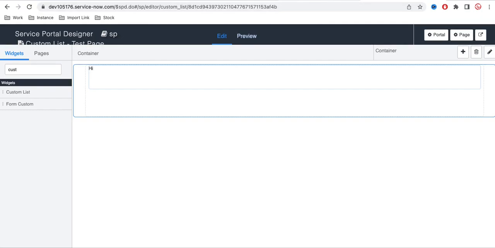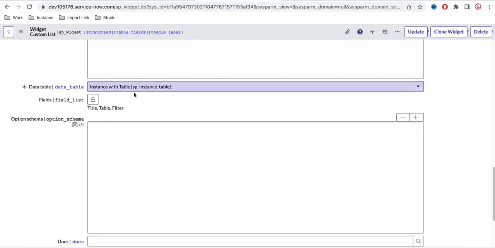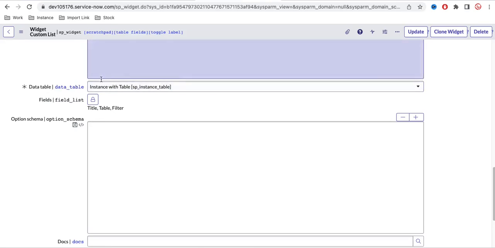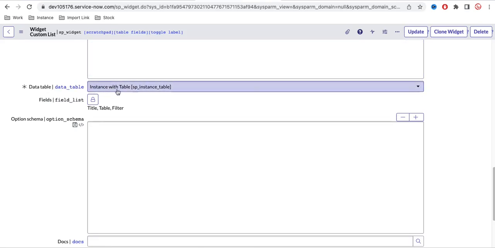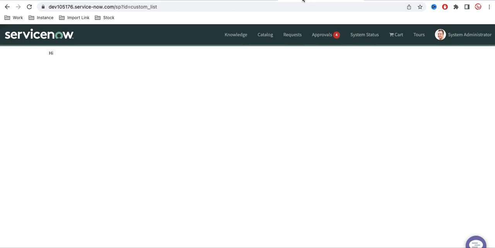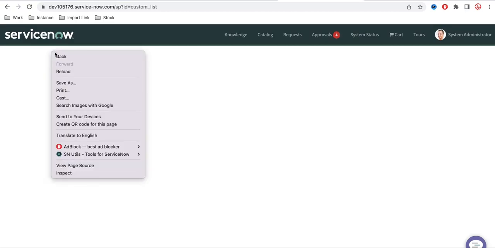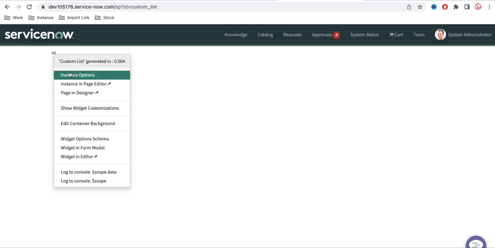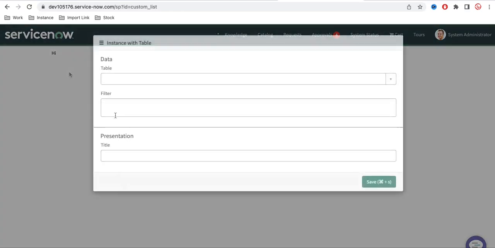So why do we do that? Previously, by default, the instance was created as sp underscore instance table. Now once we remove and add that, because we changed this data table, right? The instance is now created under sp instance table. So now if we refresh that, and here if I control and right click, instance option,